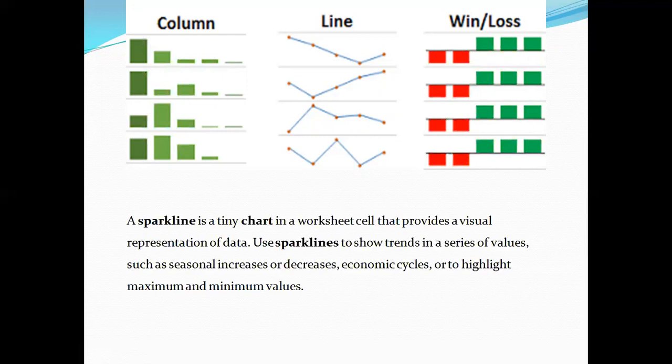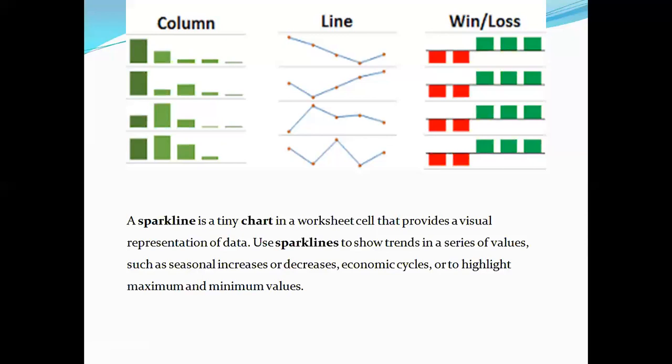I hope I have tried to cover most of the charts. If you want to find anything else about charts, you can Google it. You just put the name of any chart and you can watch videos or get the information. Also, I have given you a PDF. Go through it, and you will get information about each and every chart there. I'm also sharing one video with this video. You can go through that video to understand charts better.